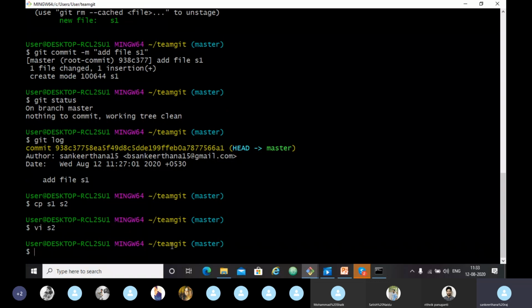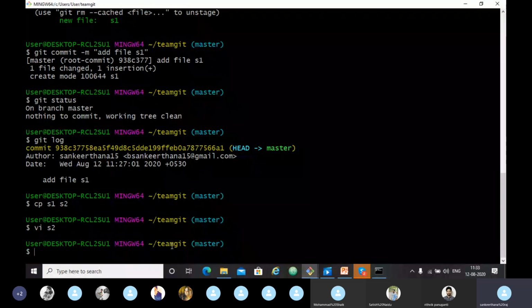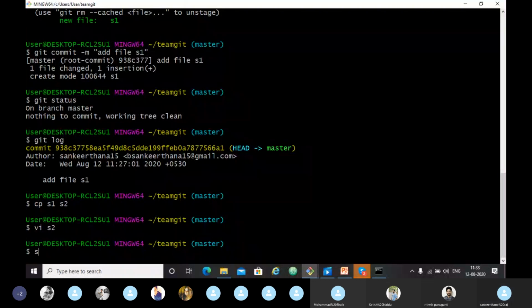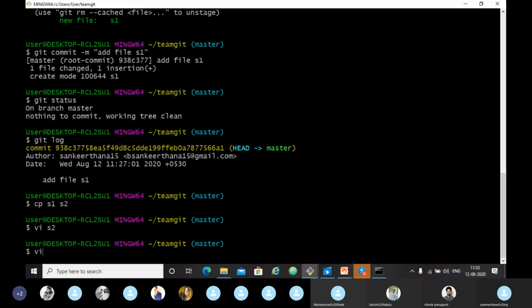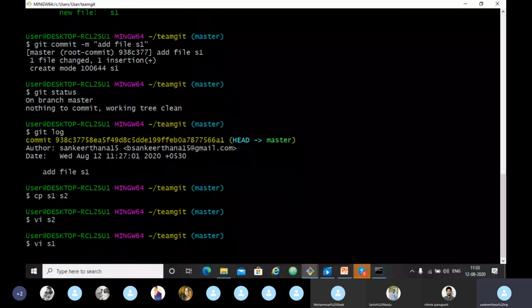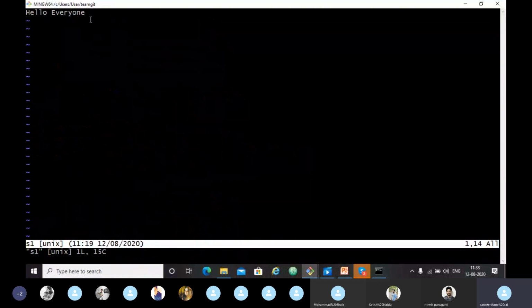So now let's edit the S1 file again. We will see the differences again. So vi S1. It opened the S1 file. Now I want to make changes in it. Again I press I, which means we are inserting something.